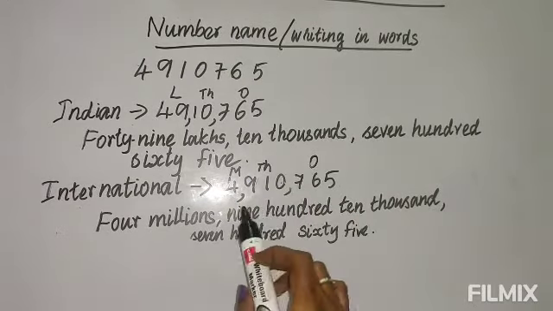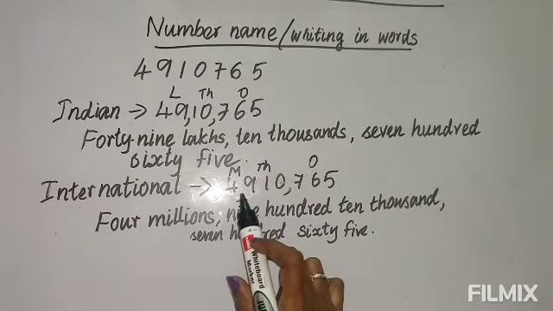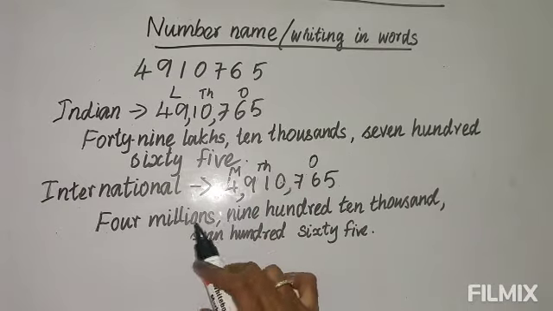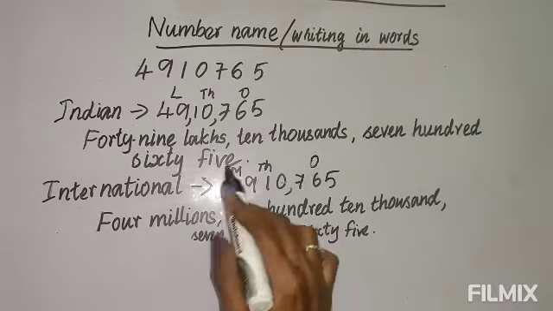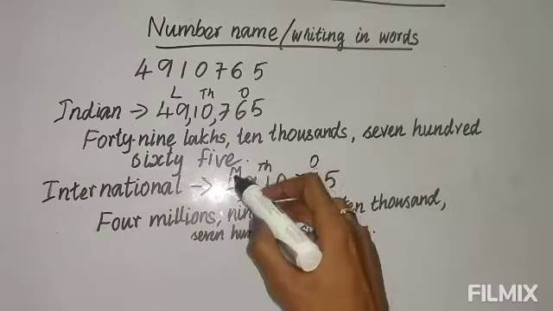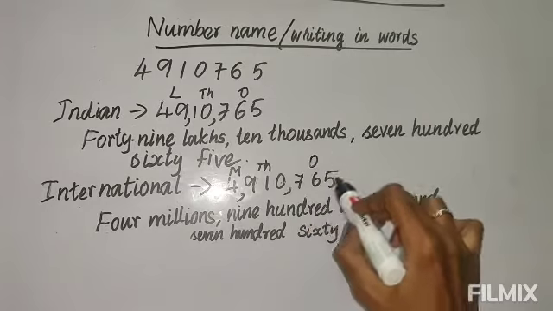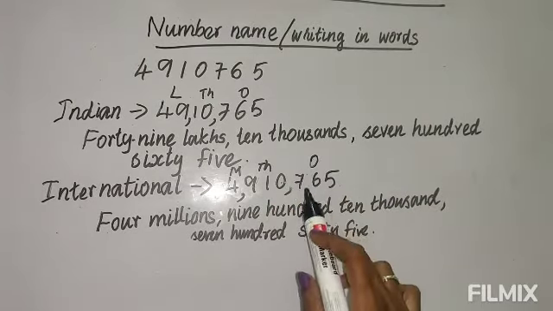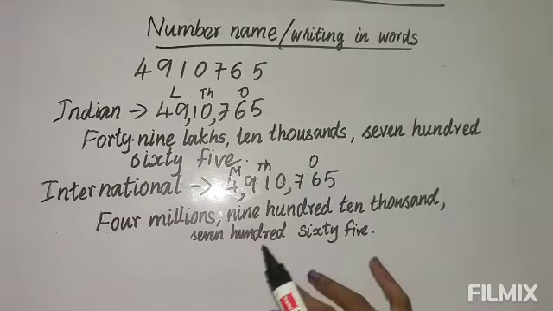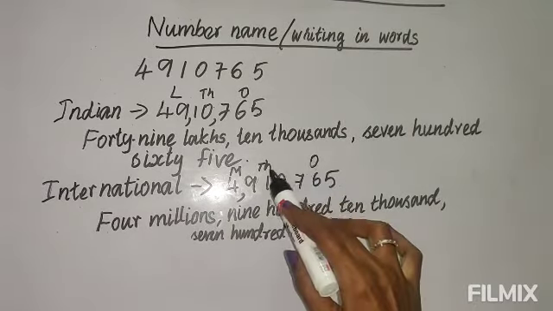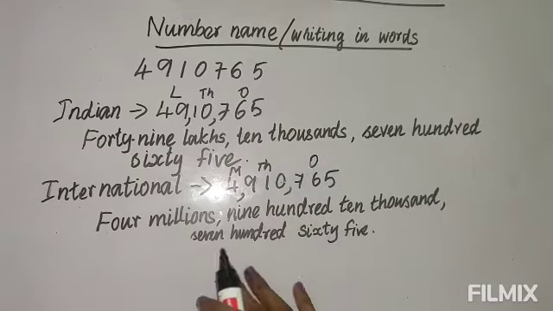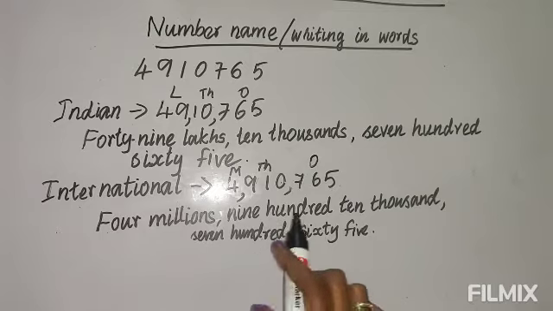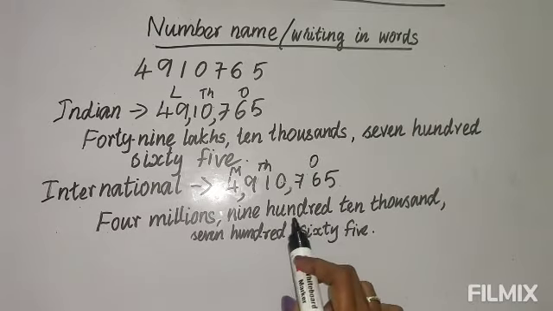First you place a comma, then you observe up to the comma. That number you read, whatever number, that spelling you write. Then after that you write the period. Whatever the period is, that period you write. For the last one only you don't write the period, but for all the others you write the period. Here, once, you don't need to write. But here only you will write the periods. Okay, so this is the way. Here you don't make a mistake. Be a little more careful. They make a mistake when 100 comes.